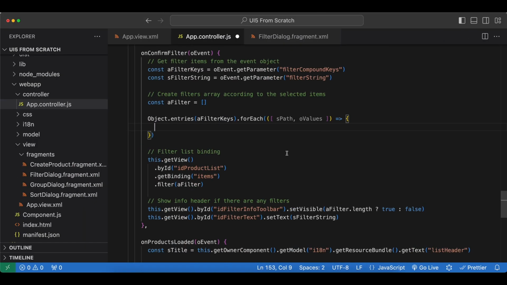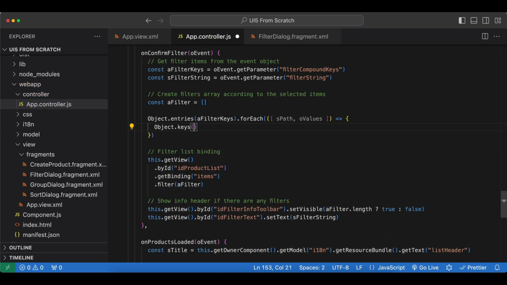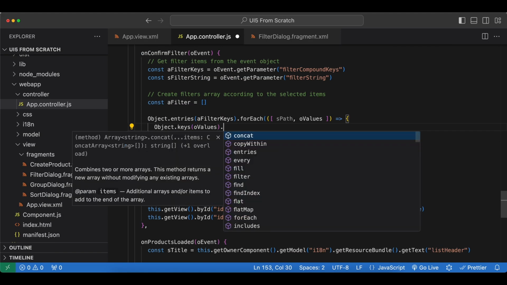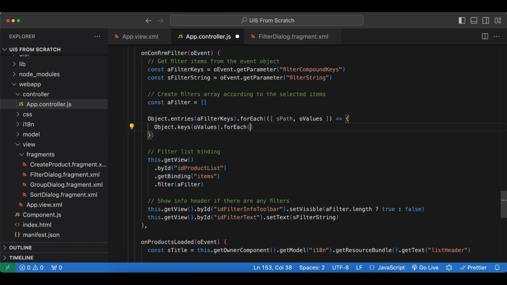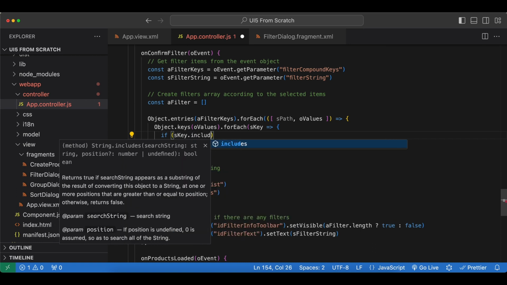And again we will use Object dot, and since we only need the keys this time, let's say keys instead of entries, we pass in the allValues, this part right here, and again loop over with forEach. Let's name it as key. And now we have two options. First one, if our key includes